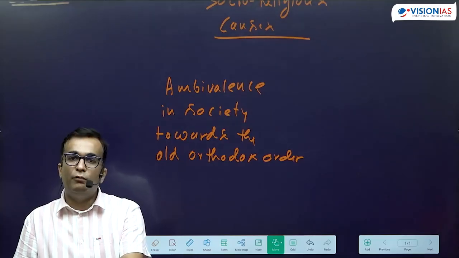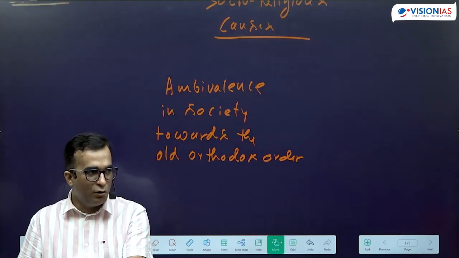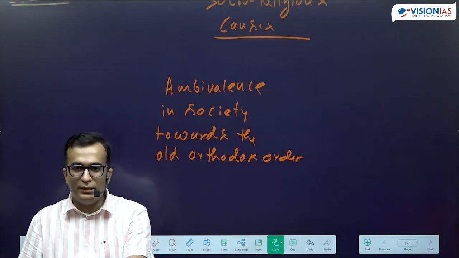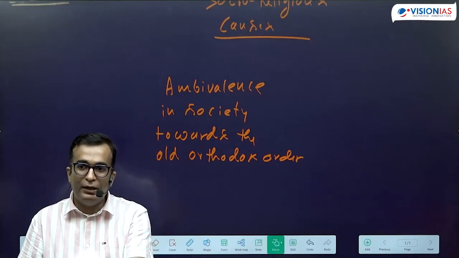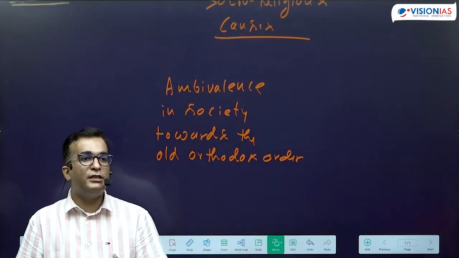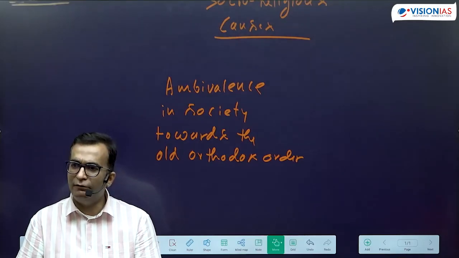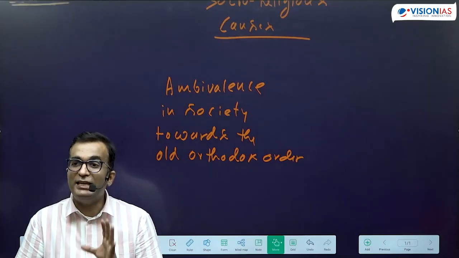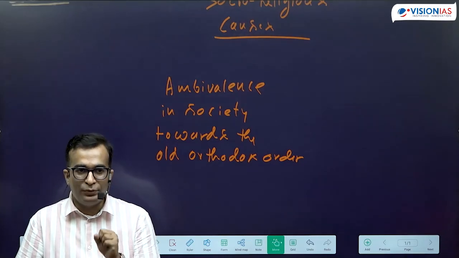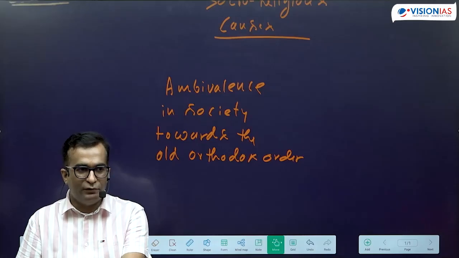So what their intention was, that was not wrong. For example, if they are banning the Sati Pratha, that is not wrong, okay? But the way they were doing it, that was wrong. And the way they were speaking, their utterances were very full of pride and full of, you can say, ego would be a better word. Understand that when they are introducing all these reforms, it is imposed.